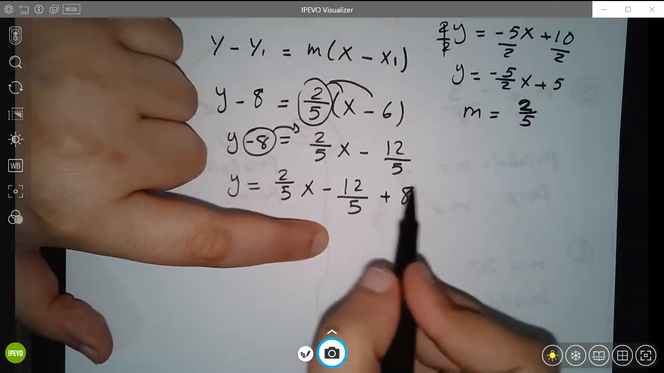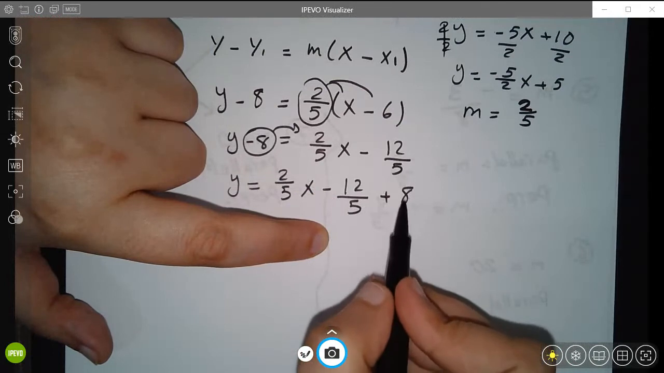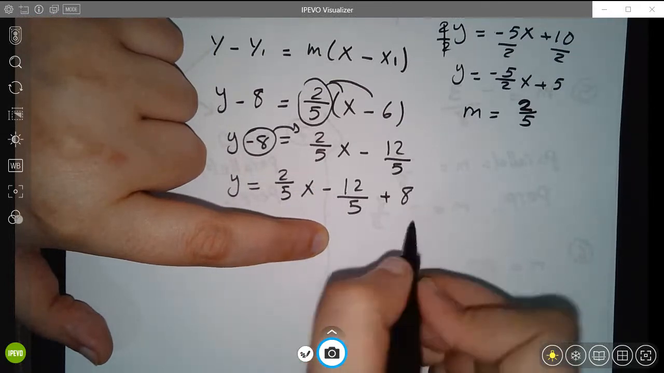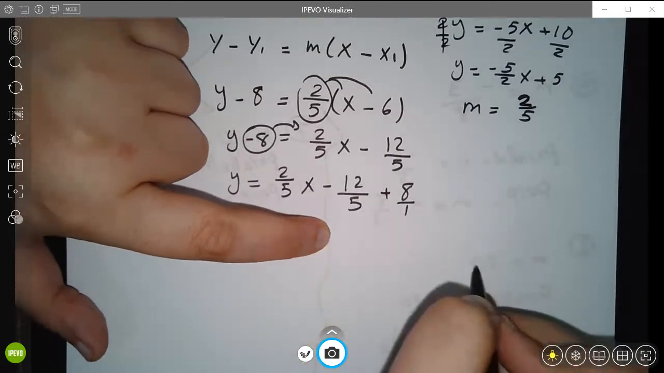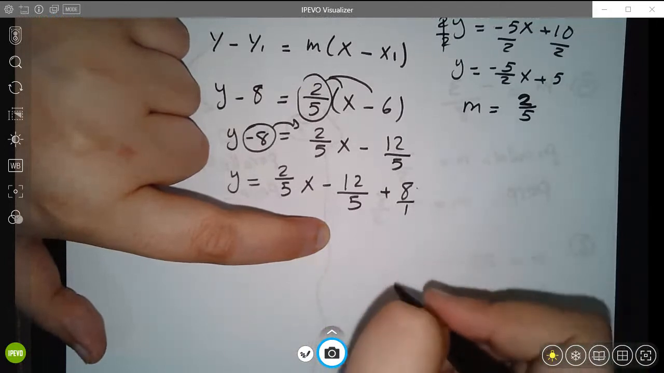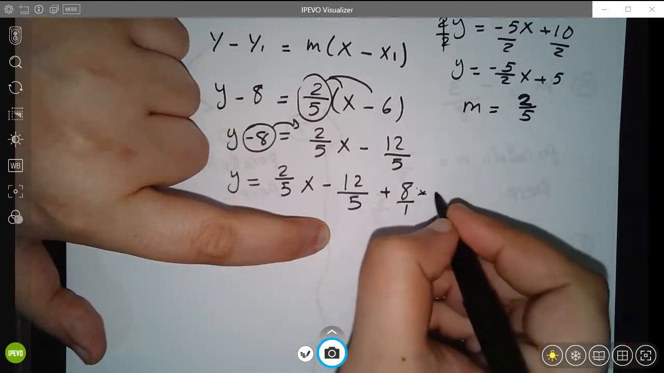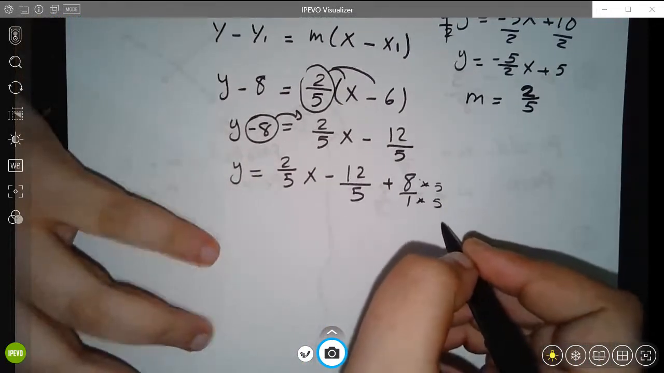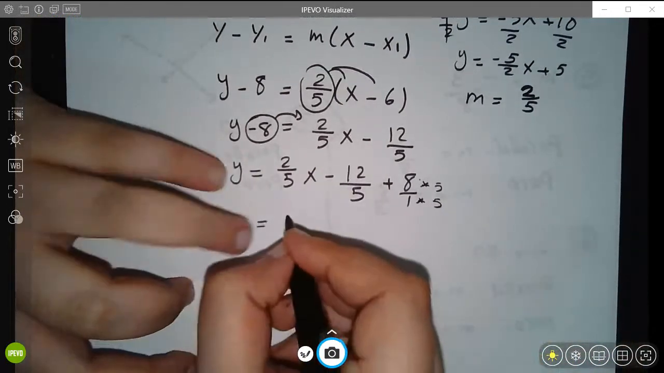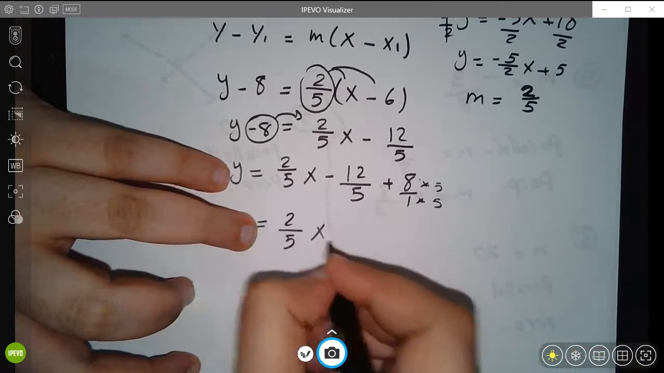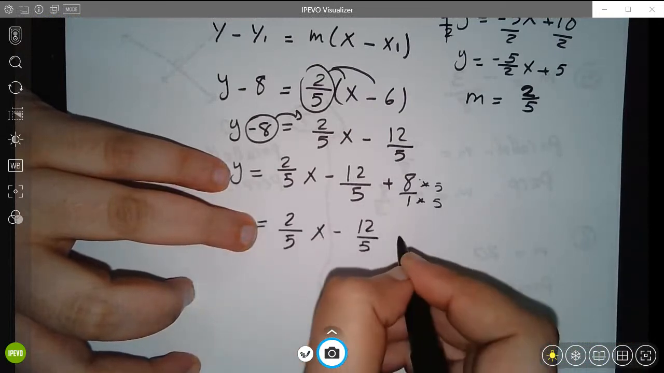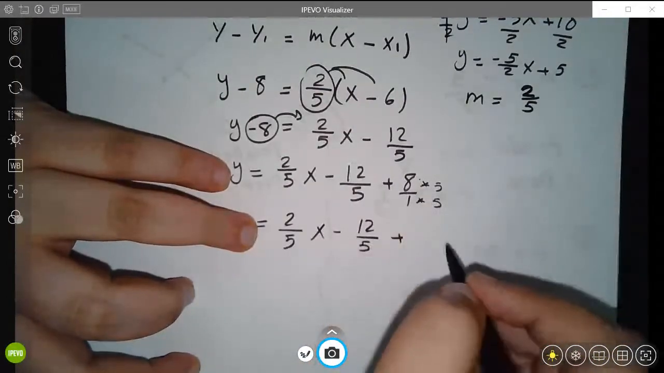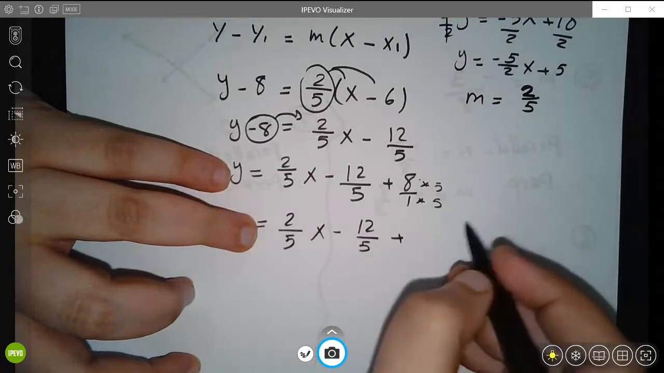Yes? So how do you rewrite 8 in the form of something over 5? Simple. This is 8 over 1, correct? Multiply by 5, top and bottom. So times 5, times 5. Yes? And it becomes 2 over 5x minus 12 over 5 plus, what's 8 times 5? It's 40